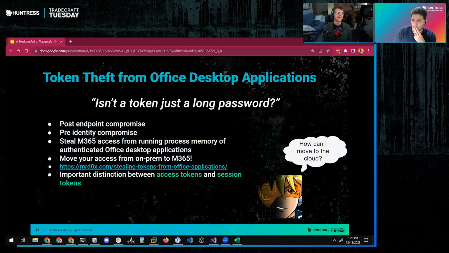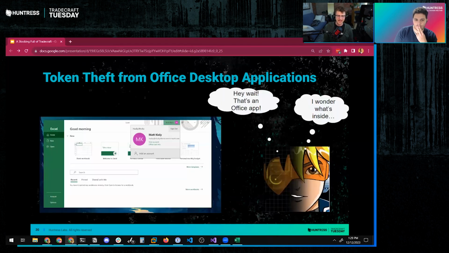I'm going to show you what we can do with that access token depending on the scope of what we find. And yes, Mr. Docs was the originator of this research. I learned about it from taking Sintra trainings, attacking and defending M365 and Azure course. But yes, Mr. Docs had the original write-up on this, and I'm simply relaying the information here to all of you.